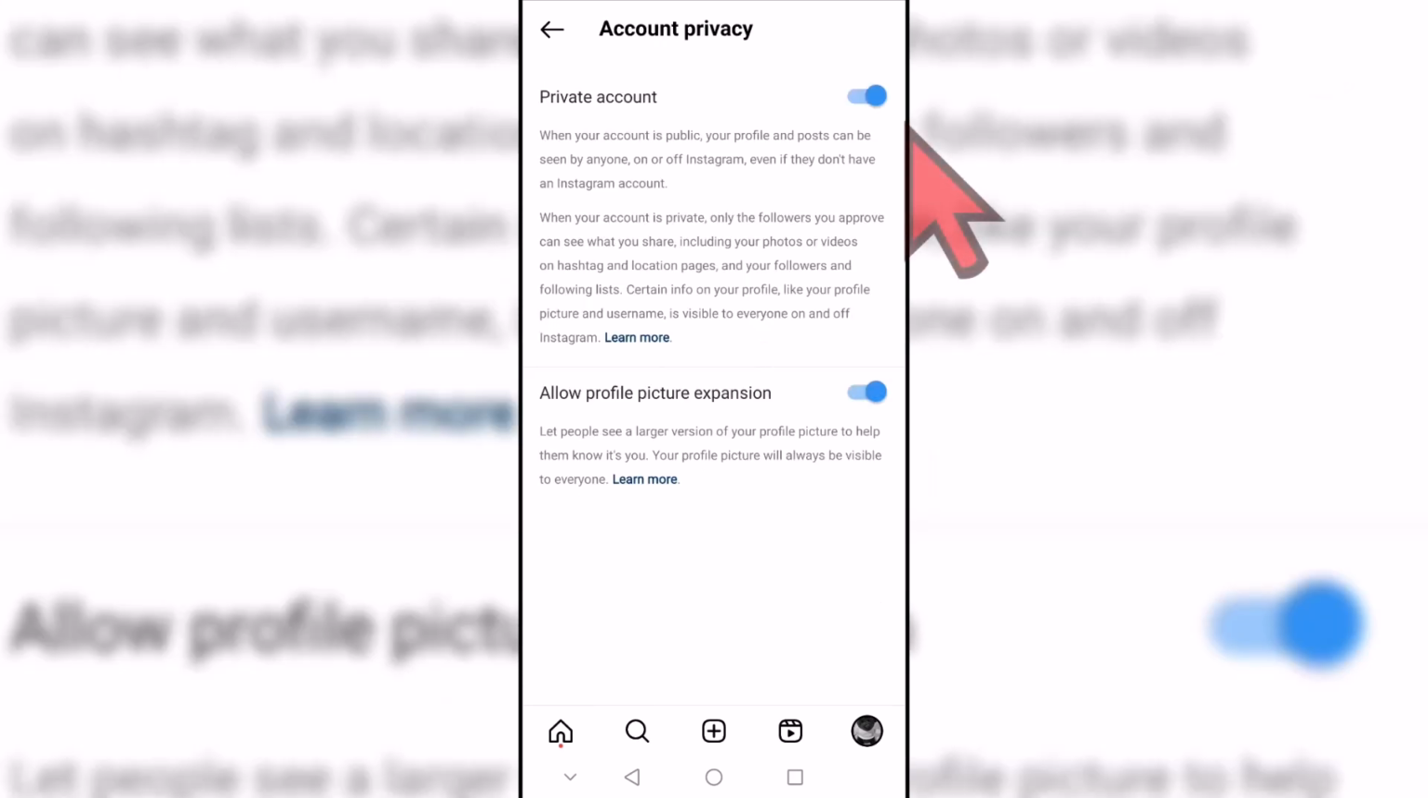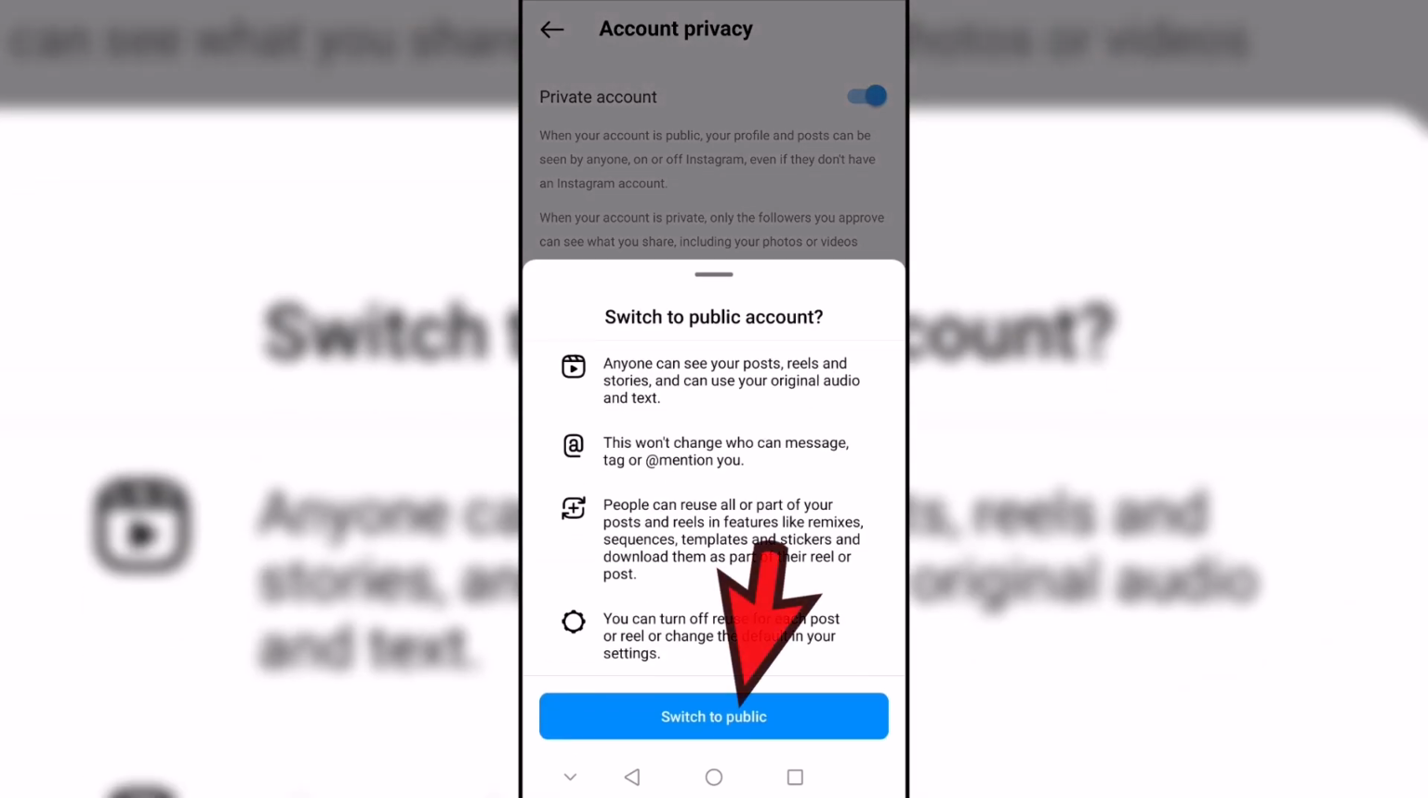After that, we can deactivate the private account option and confirm the action with Switch to Public Account to leave our profile public. Keep in mind that since it's public, anyone will be able to see your information and use